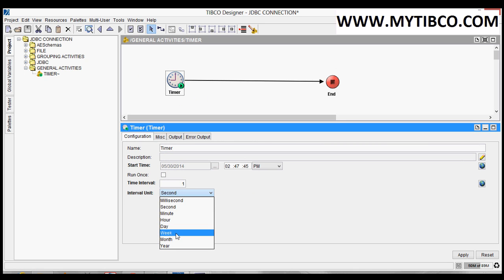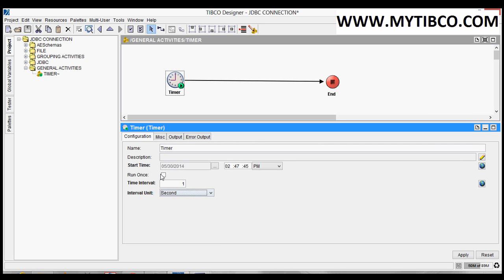If you want a job to be triggered every week, we have to select week. If you want a job to be triggered every month, we have to select month. Like this, we can select whatever interval depends on our requirement.